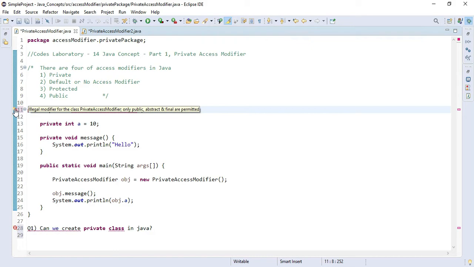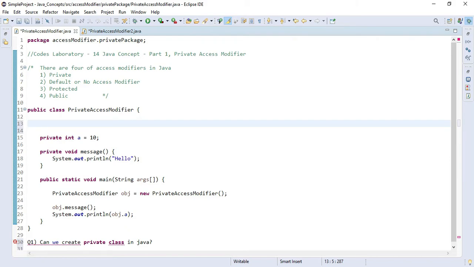Don't worry about abstract and final. These are keywords that come into the category of non-access modifiers, which we'll discuss in some other session. So we are not able to create the class as private, but this is not entirely true, because if you create the external class as public, and inside that class you create another class called class A, you will see that yes, we can create a private class, but it should be inside another class.